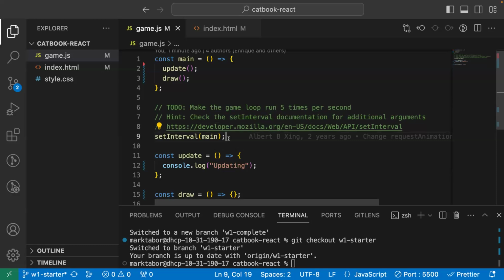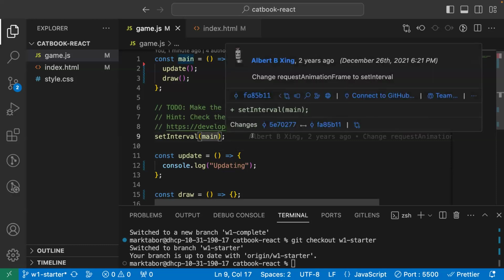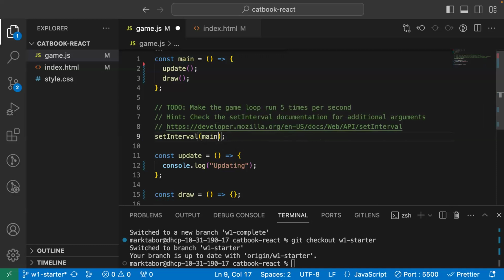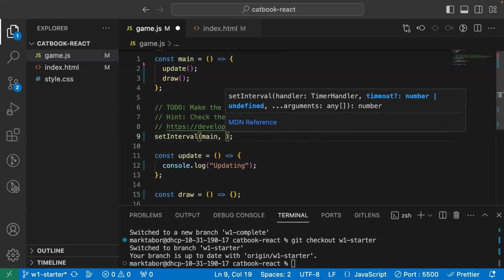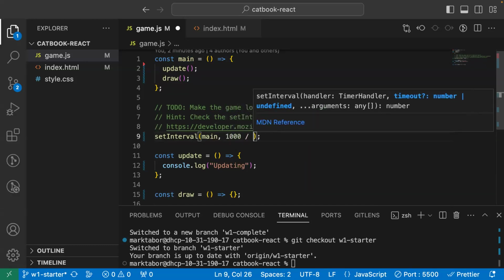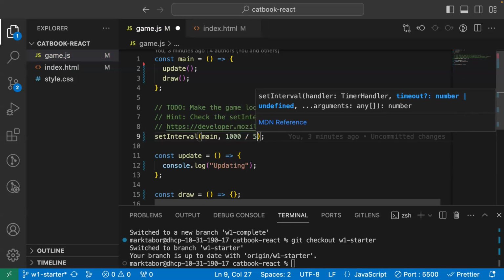Okay, yeah, exactly. What we're going to do is add an additional argument, which will say what the timeout is, what the delay is between the calls to main here. If we want something to run 5 times per second, we'll set that delay to be 200, or 1000 milliseconds divided by 5. This will run the main function once, wait 200 milliseconds, call it again, wait 200 milliseconds, and do that forever. And instead of having this random number 5 here,